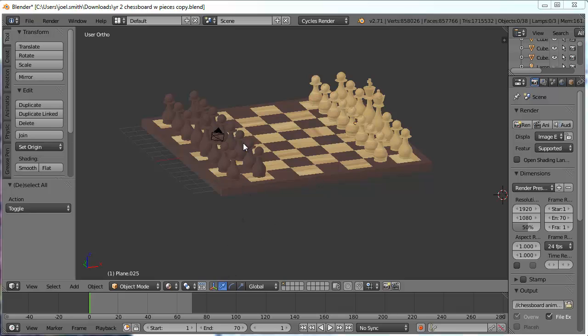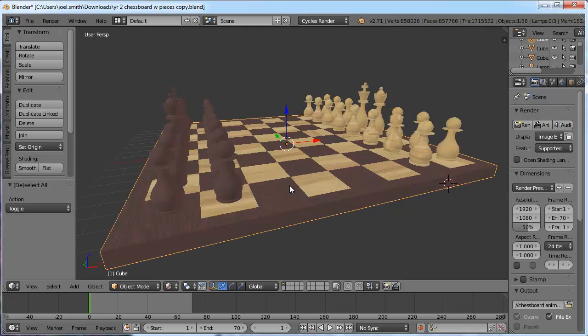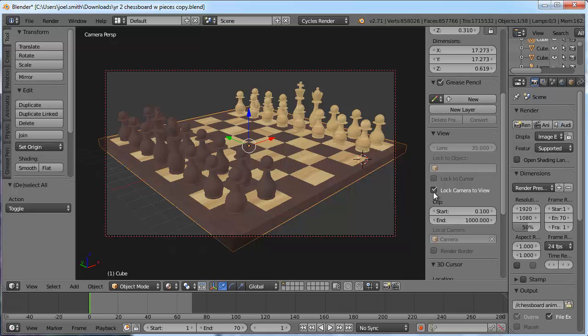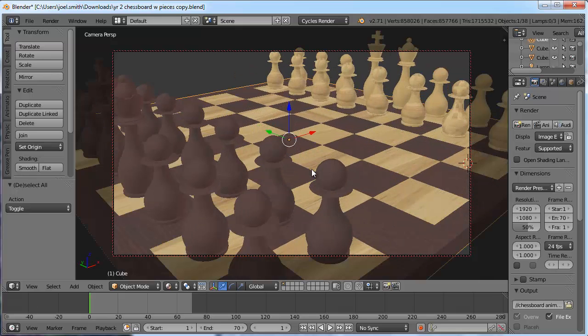So the first thing we need to do is make sure the camera is set correctly, the right view. So hit 0 on the keypad on the right side of your keyboard, and it goes into your camera view. And you want to make sure that the camera is locked to view. So if you hit N on the keyboard, this brings this menu up, and make sure this is selected: lock camera to view. You can hit N again to get rid of it, and that way you can zoom in and out in